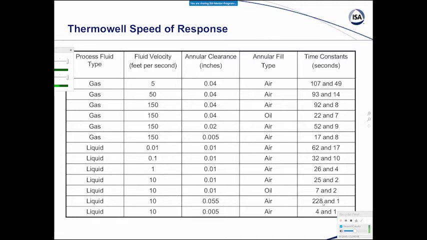Then as you get into very tight clearances, very large clearances right here, it gets huge in terms of the time constant, incredible. So sloppy fit or something that's partially withdrawn is really problematic in terms of a huge time constant. And then if we get into a very tight fit, we can see how we can kind of approach what the bare element response is.